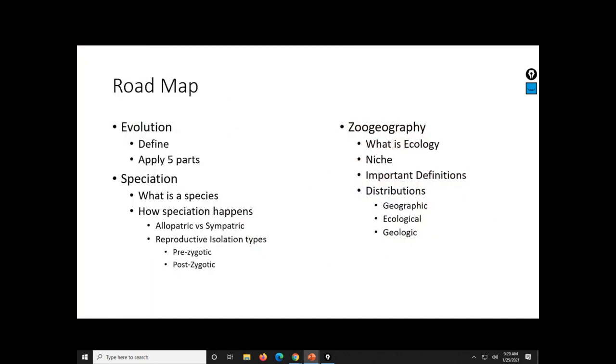Where does that come from? So we basically have two major groups of topics that we're going to talk about here. The first bit is this evolution versus species and speciation concept, right? So what makes these classes what they are? And then very, very lightly, I'm going to introduce the idea of ecology and niches, which is once we have these species and populations, how are they sort of distributing themselves, right? Where do they live within the space, right? What makes a habitat and all of that bit.